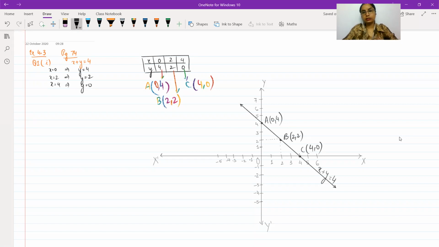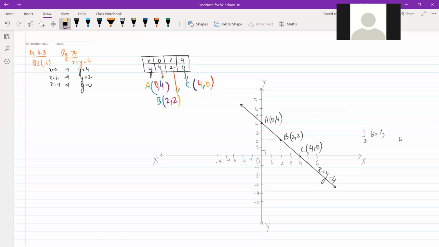Now, parallel to this, what can be asked? Find the area or show the area that's bound by the line given by this linear equation. That's AC. Line AC is the line given by the linear equation, and the area bound by this line and the x-axis and y-axis, the coordinate axes. So this is the triangular region bound by these 3. They could also ask you to find the area. Then you can find the area of triangle AOC using half base times height, because the coordinate axes are mutually perpendicular to each other.